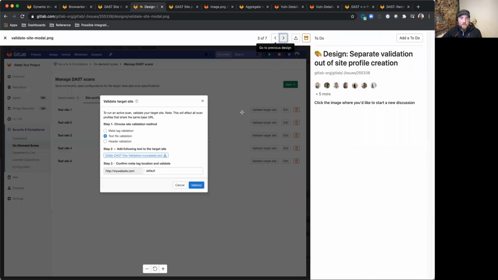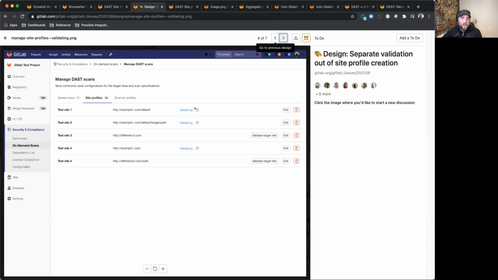So when you click on the validate target site, you'll be able to select the type of validation that you want to perform. And once it starts validating, you'll see that all of the site profiles with the same host name are validated at the same time. And it allows you to see in the site profile what is validated as well as revoke that validation. So that's going to add a lot of functionality and enable the active scans to be allowed within the on-demand